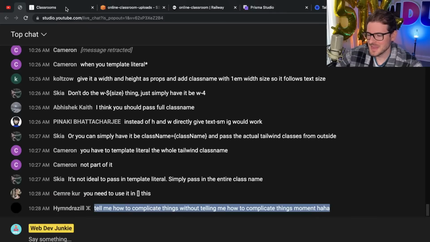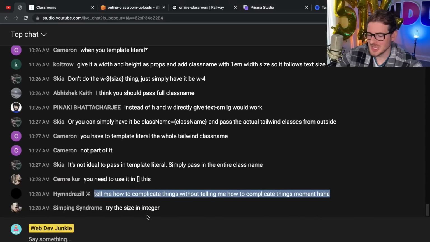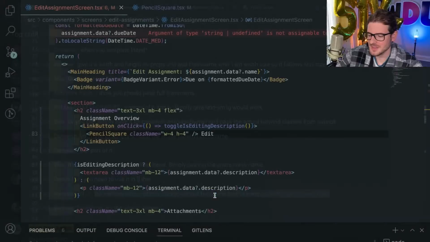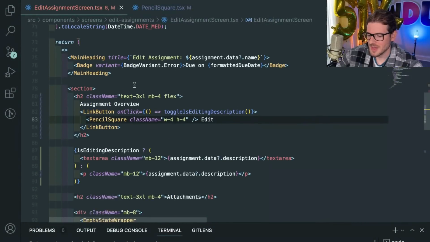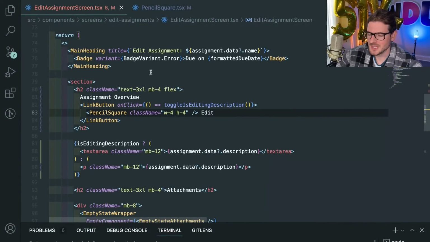For real, I was trying to make a component. I do this a lot. Tell me how to complicate things without telling me how to complicate things. Right? I do that a lot where this could be solved in 2 seconds by just doing this. But